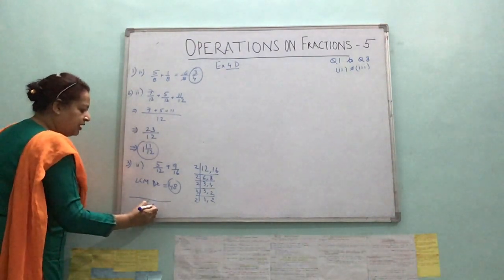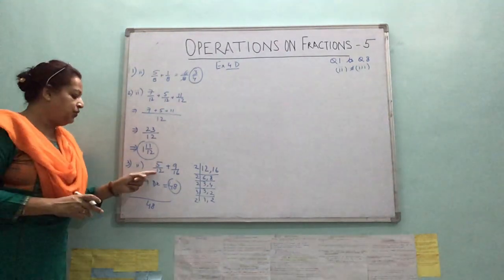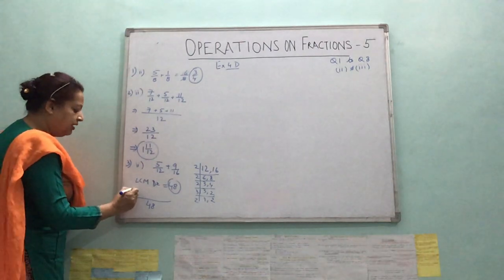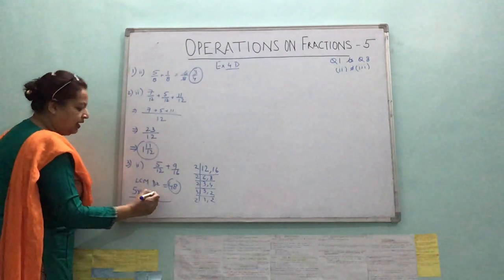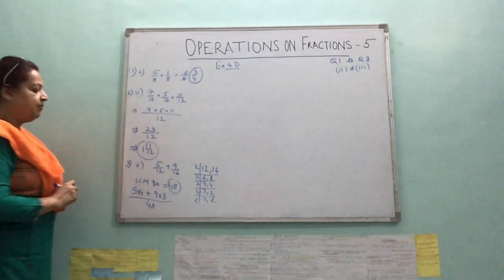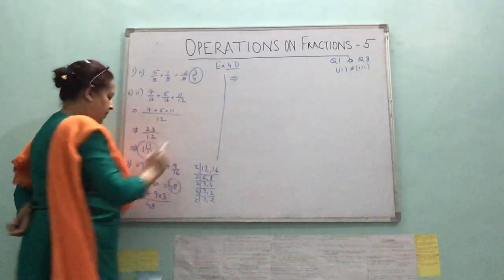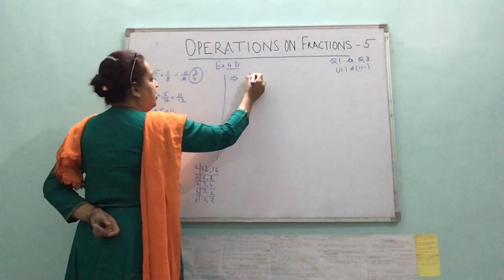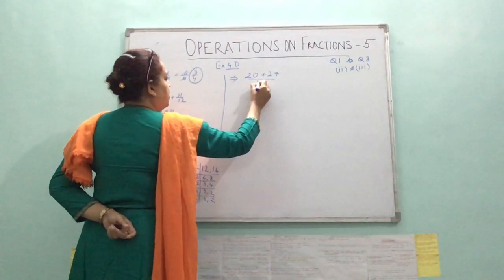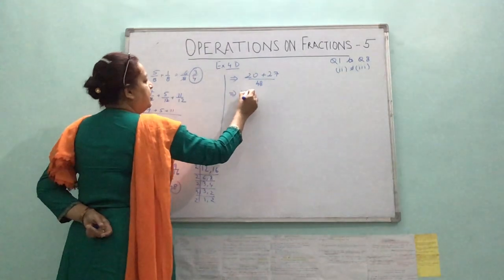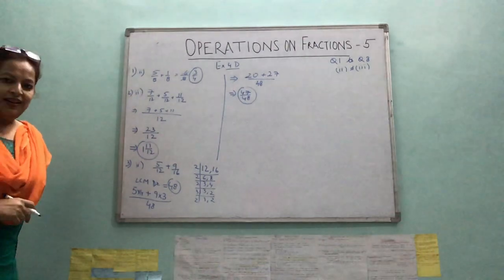Now what we have to do, remember? Common denominator 48. Now to get 48 from 12, how many times? You know with tables, 12 4 times is 48. So the numerator should be multiplied by 4, plus 16, how many times is 48? 16 3 times is 48. So multiply the numerator by 3. Let's continue here. 5 4 times is 20, plus 3 times 9 is 27, upon 48, which is 47 upon 48. It's a proper fraction, so this would be our final answer.